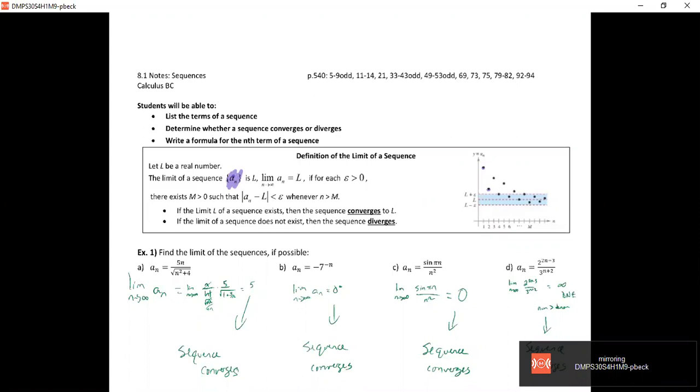And then what we're going to do with that sequence is add the terms of the sequence, and that's where we're going to get a series. That's topic number 2, where we'll be talking about the series and finding the sum of an infinite series, maybe. That's really going to be the overall theme of Chapter 8, where we're looking at a series of numbers and trying to determine if the series converge or diverge. We're going to begin with that discussion today. So without further ado,